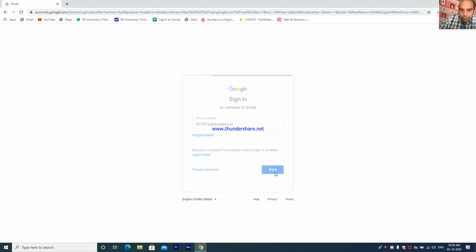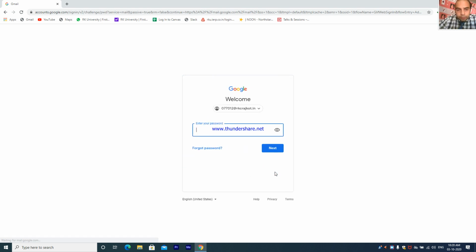This would be the ID, and the password would be 077012@RKC. You click on this and you can see the password: 077012@RKC Rajkot.in. That is the password of the child Darshkunt, and this is the ID and the password over here.